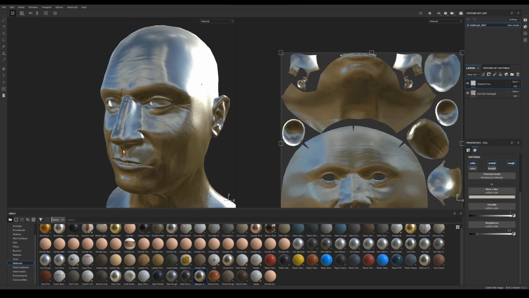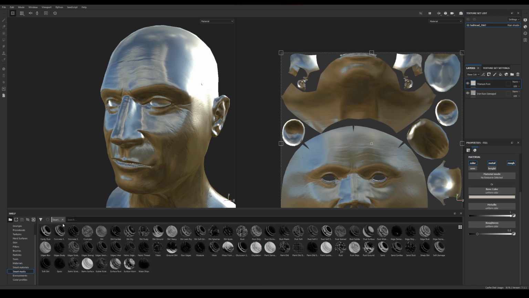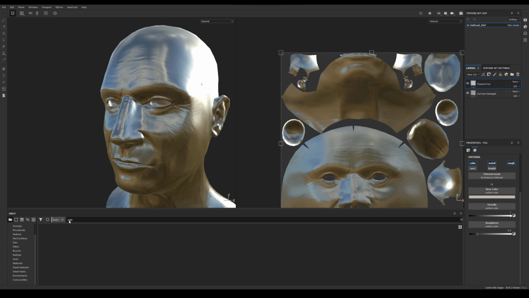So now, to get this, I would actually go to the smart masks. And in general, I usually start to work with the pre-made stuff, except if it doesn't exist. I just start with the pre-made and I adjust it and build on top of it. So it saves some time, and especially when you work in the industry, there is no reason to waste time. So let's look for some edge. Where is that? Okay, let's do this one, or maybe this one is better. So let's put this one